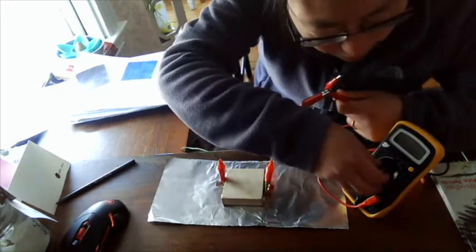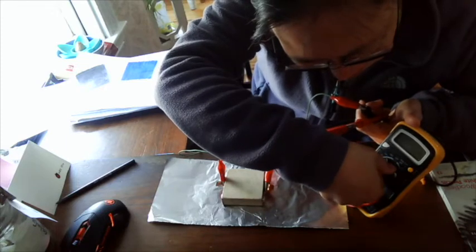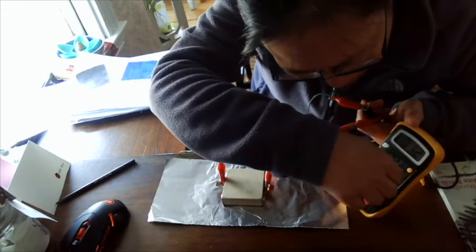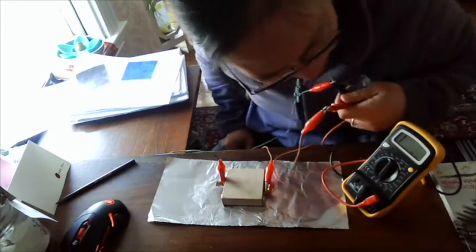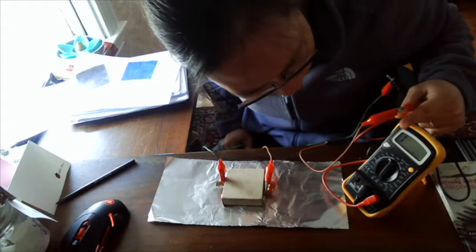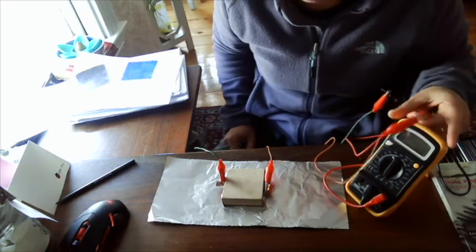Hold these apart. Okay, so we're going to set this on ohms here. And we're going to be measuring pretty low resistances, so it's possible that we may not even measure any resistance in the case of aluminum foil. Let's see if we can get...